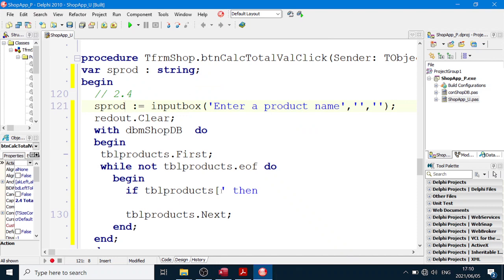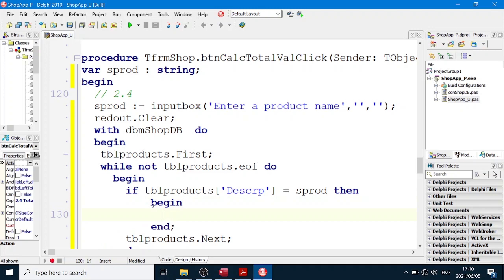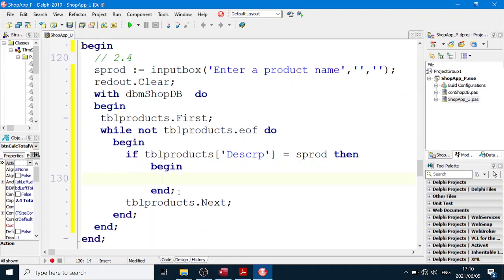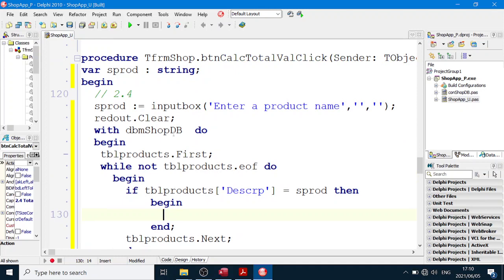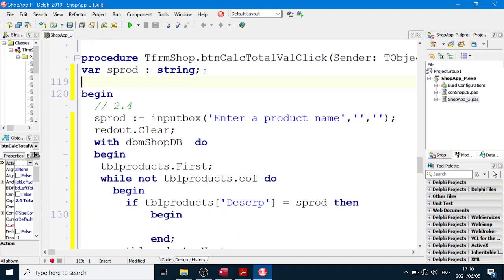So if descript equals S prod, it's coming from the input box, then we will multiply. We're going to say R value. Let's make a variable, call it a real variable, and we're not summing up anything, we're just basically doing one calculation. R value equals TBL products